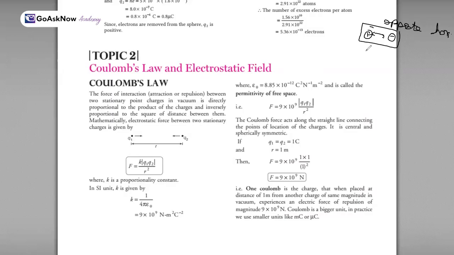And if both are negative, or both positive, they will repel, because like charges always repel. So now, what Coulomb says is that the force of interaction, that is attraction or repulsion, between any two charges